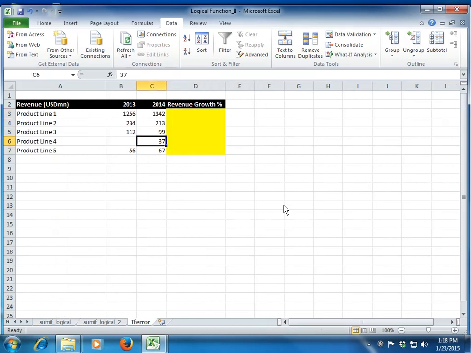Okay. So you guys have already seen that there are different types of error which we have in our Excel function, right? We have also now studied the IF function. So now let's try and combine these two functions, or use some inbuilt function which is there in Excel to deal with the errors which we have in our Excel, right?